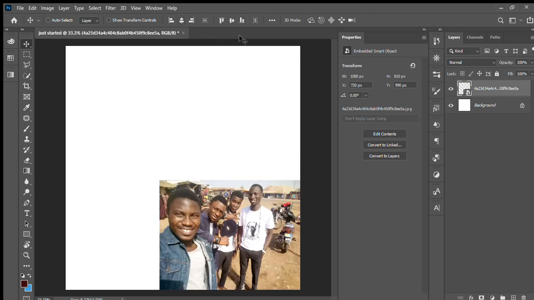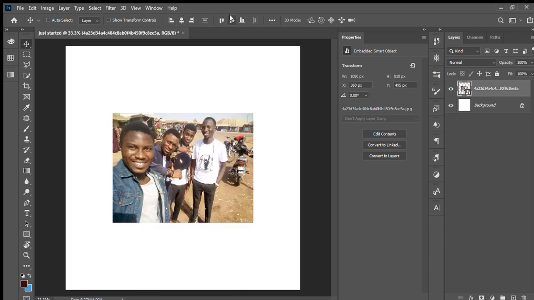So that is the function of this now. If I want it to be centralized on both ends, I'll click here and also click here. So that is the function of this align tool. Alright now, the next tool I would like to show us here is our